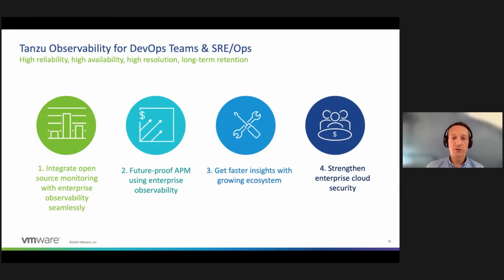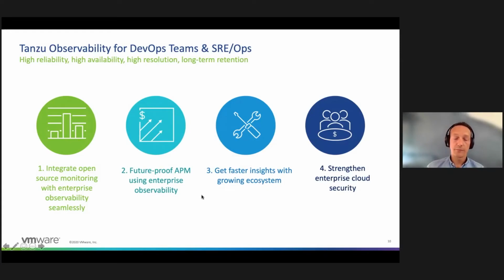One of the things we're doing, for instance, is support for PromQL, the query language inherent to Prometheus, to make it integrated into Tanzu Observability. This gives developers and operations teams who are familiar with PromQL the capacity to leverage all of the rich functionality in Tanzu Observability while sticking to a language and environment they're familiar with. Tanzu Observability also comes with its own language, Wavefront QL, but it's compatible with PromQL, giving the organization the best of both worlds.